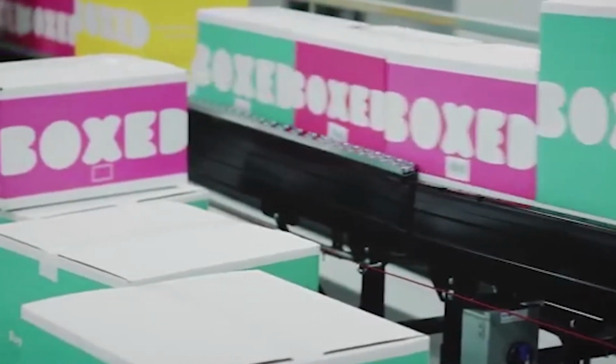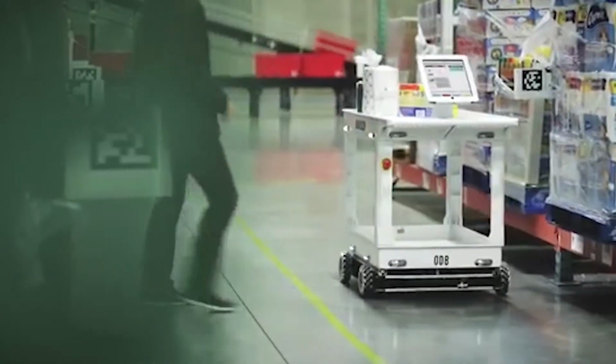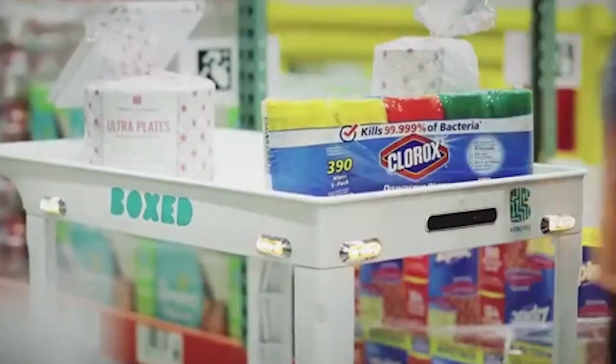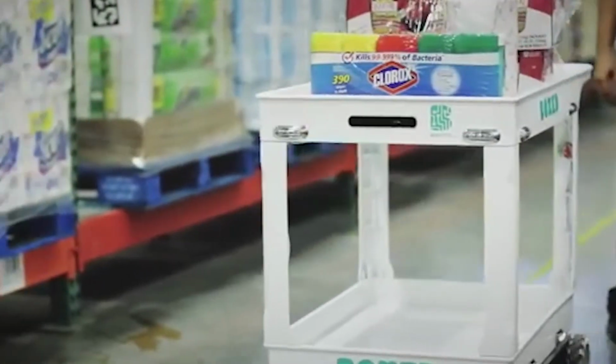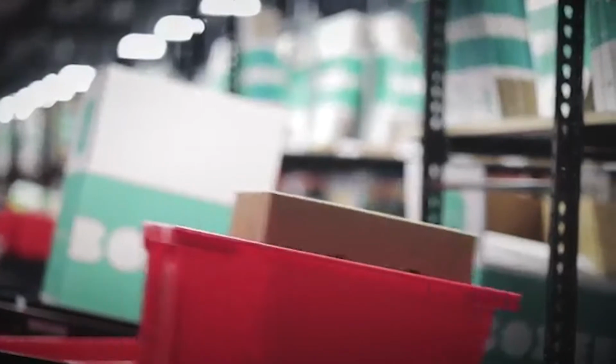So I want to move on now to a case study with 2 engineers, an assistant and a project manager, a very small team. Boxed, which is basically the online version of Costco that does direct delivery, built their own automated picking carts that were designed specifically for their unique needs, which are transporting and handling the picking of bulk order items like toilet paper and tissue. Their internal team was able to come up with a solution in 90 days,